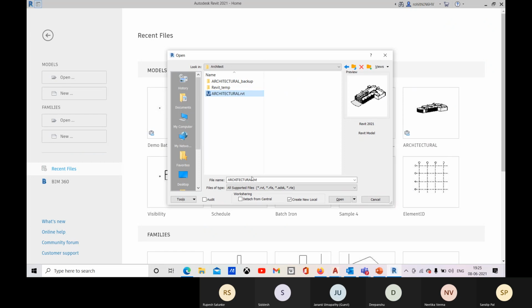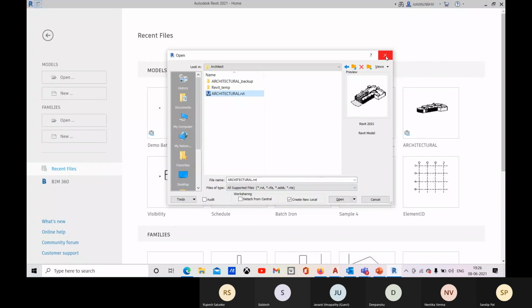Okay, so I have to select this, and don't click on this detach from central. Because the file which you create right now will detach from the central, so it will not connect. It will not update in the master file, so you don't have to do that. So here you can see that it's creating a new local. So always you have to open your master file in this manner.